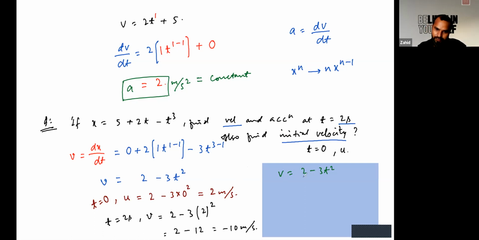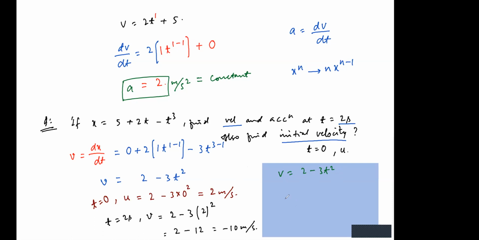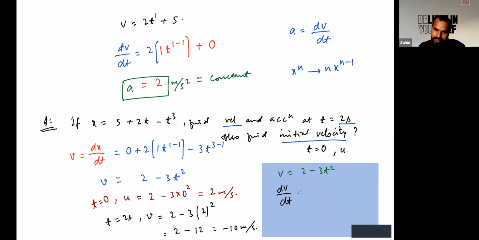So what will we do with this expression to find acceleration? Differentiation. Yes, just differentiate this. So dv by dt. First is 2. 2 is a constant term. So differentiation would be